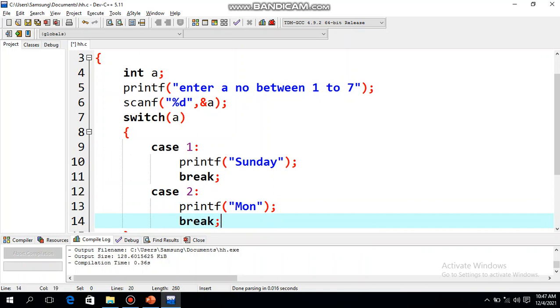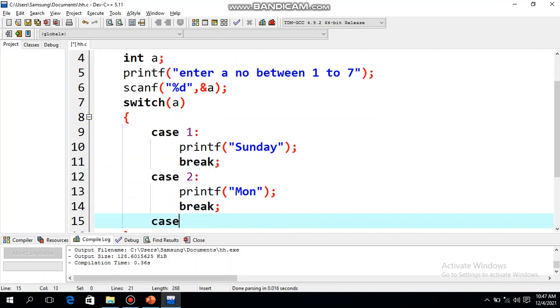Now what is the difference between the previous program, that is enter a character, display vowel and consonant, and this program? There we wrote all the cases together for the vowels, case A, E, I, O, U, if you remember. Why we wrote like that? Because for all the vowels A, E, I, O, U, the output was same. The output was printf vowel. So there is no point of writing the same thing again and again. But here we are writing it separately because for each of the values the output is different.